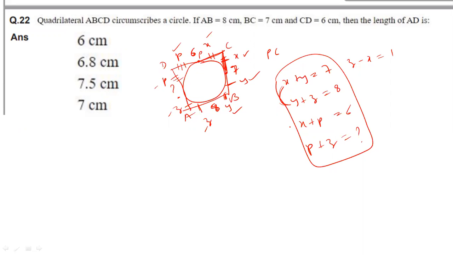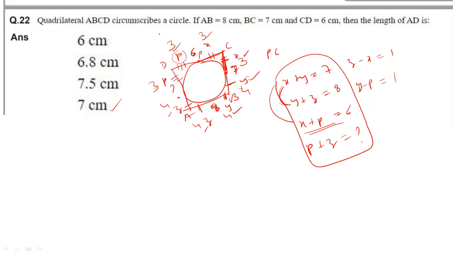You have to take Z and X values in such a way that they are differing by 1. And if I subtract these two, I will get Y minus P also equal to 1. So the Y value and P value also should be differing by 1. So I say this is 3, this is 3. If this is 3, X should be 4. X plus P is 6, right? I am trying with 3 and 3. This is 3, this is 4, very good. And this is 4, this is 4, then this is 4, this is 3.